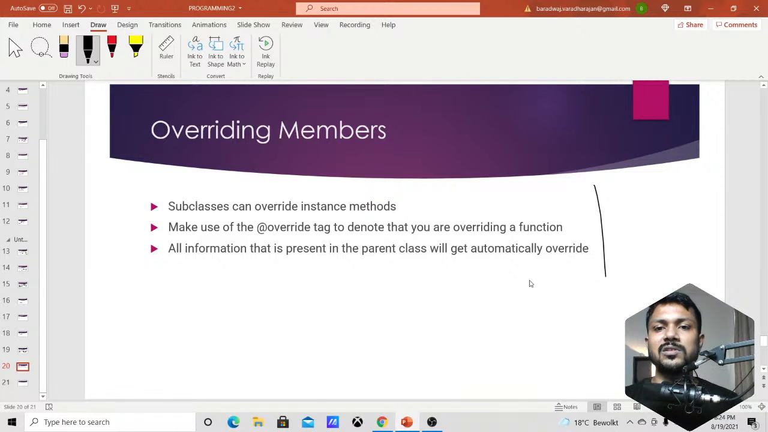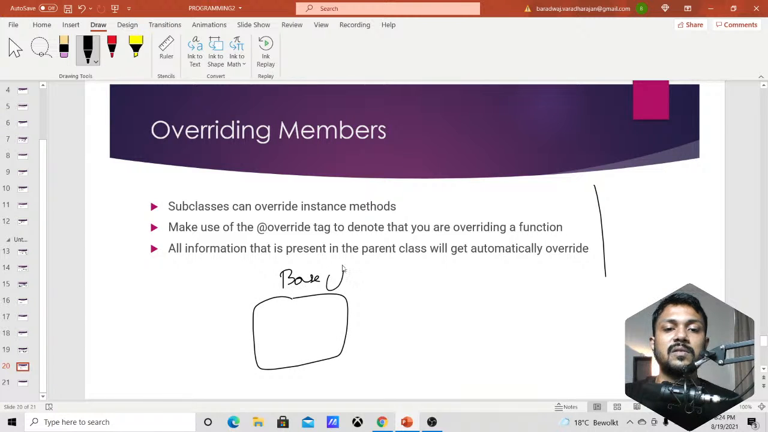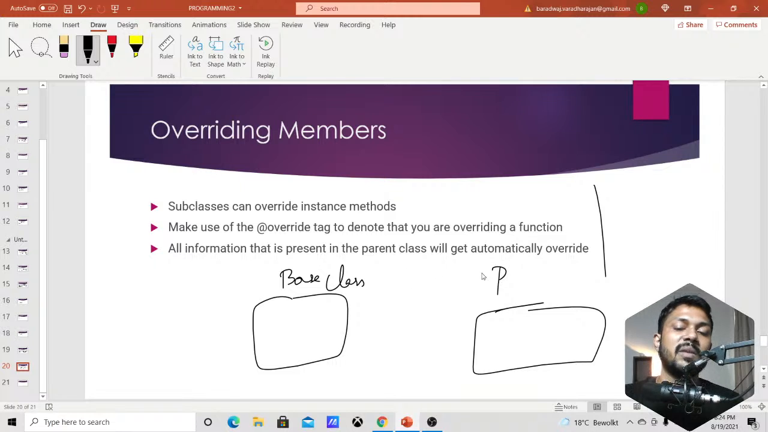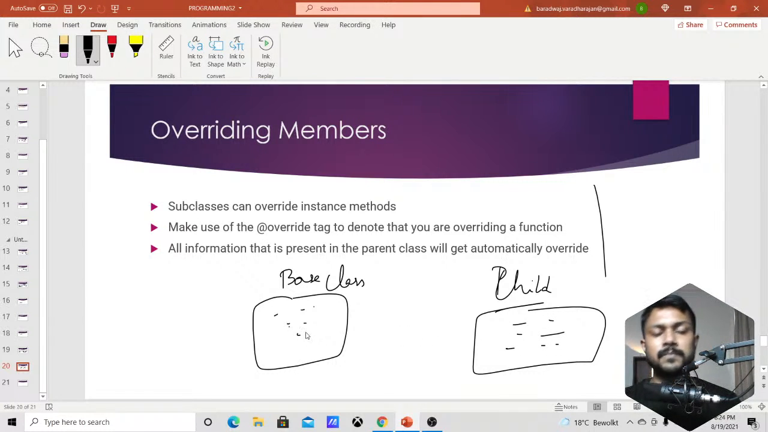Overriding is when there's a function in the base class. So this is going to be the base class, and this is going to be the child class. The parent will always have some information present, and the child will have additional information on top of that. That's the basic understanding. In the base class, you have a function called function1, and it is doing some